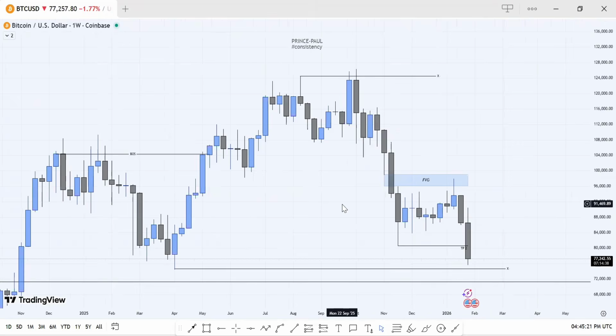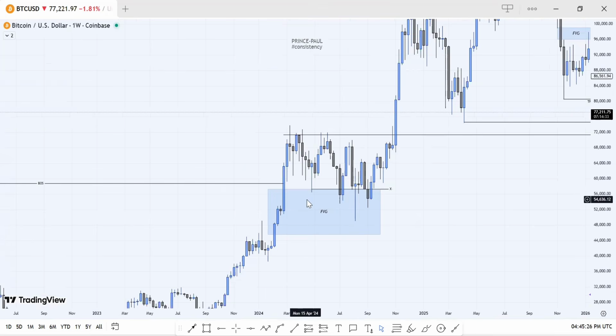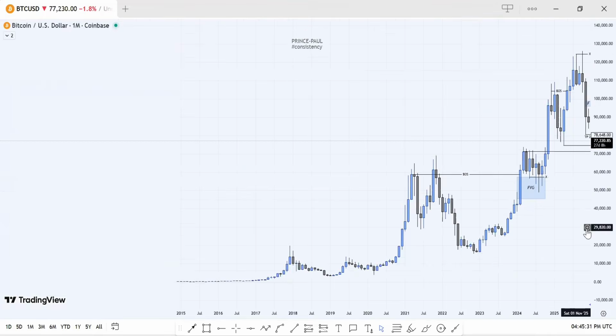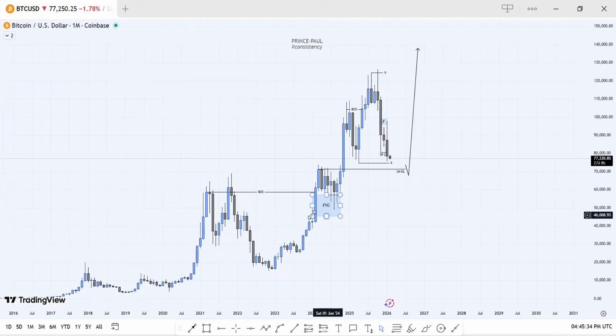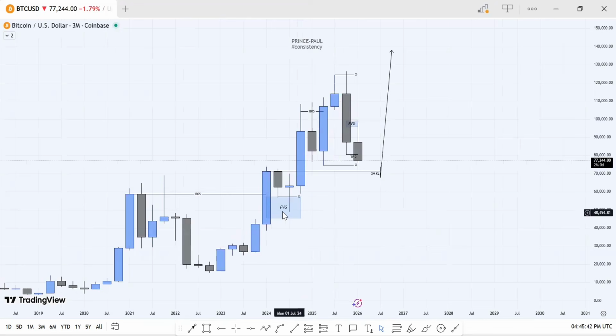I previously did a trade breakdown on Bitcoin. Bitcoin has been bullish for some time. You can see over here, I think it's on the monthly time frame, right? Oh, it's going to be on the 3 months time frame. Oh, over here, let's go to 3 months. So you see that. On the 3-month time frame, you can see how price mitigated this fair value gap over here, taking out the low of this particular bearish candle. Price liquidated the low, filled into this fair value gap, and gave us a push to